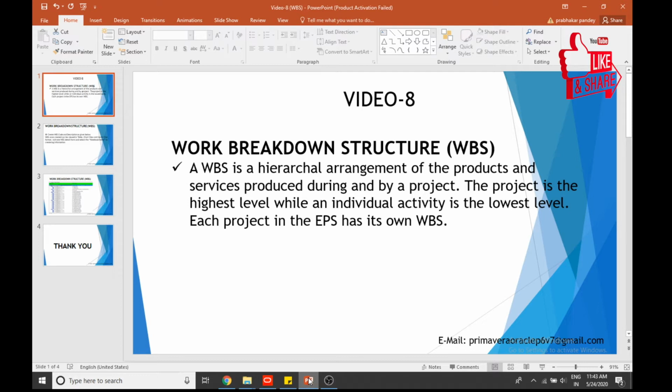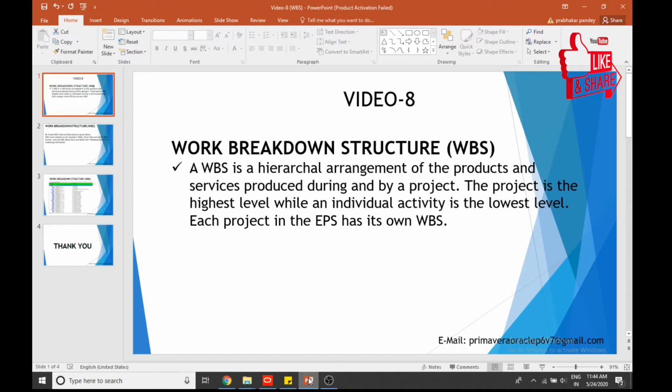Unlike some scheduling software programs that take a somewhat bottom-up approach, Primavera P6 encourages you to create a work breakdown structure at the beginning of the project. This is generally known as the top-down approach. Primavera P6 recognizes the importance of the project management team keeping their eye on the ball throughout the project life cycle. This means maintaining a focus on the end product or services, which is the whole purpose of the project.